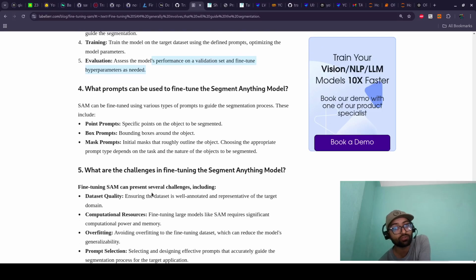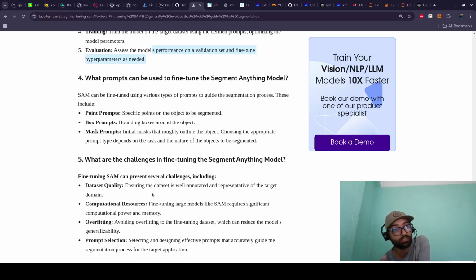What prompts can be used to fine-tune the Segment Anything model? There are three types of prompts. Point prompt, specify the point. Box prompt, specify the bounding box around the object, and based on that the model will segment around the bounding box. Mask prompt, give the initial mask, rough edges, rough mask, and the model can be fine-tuned to segment the